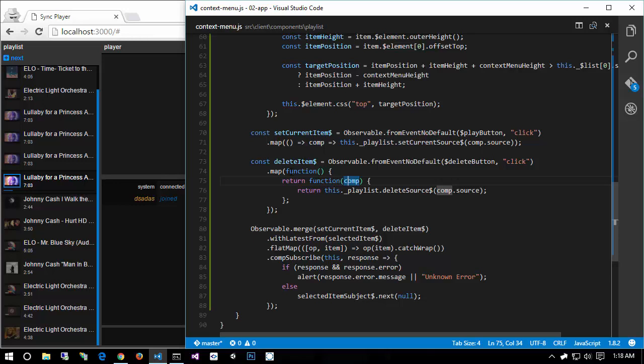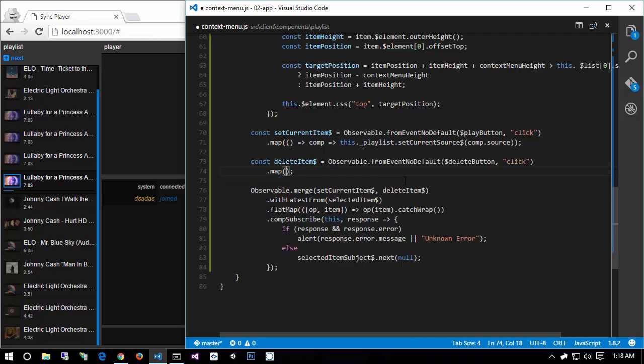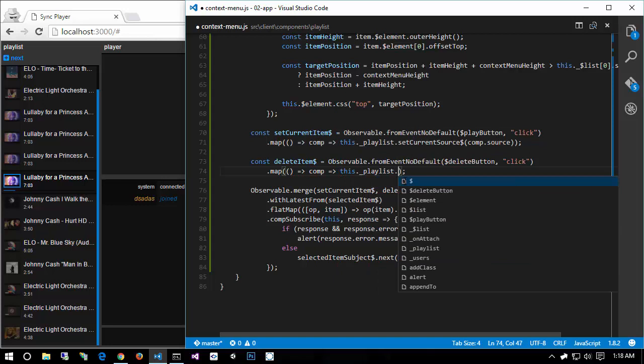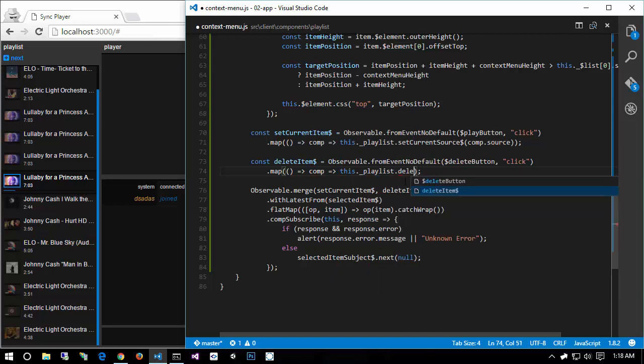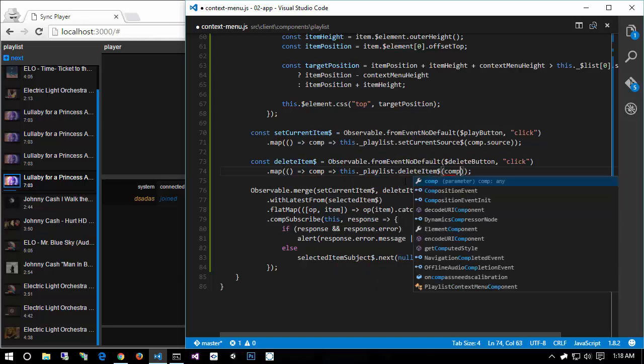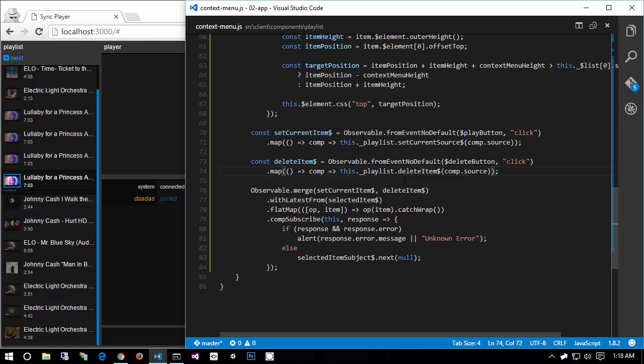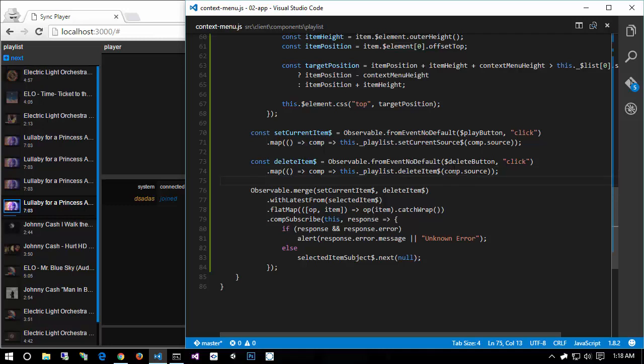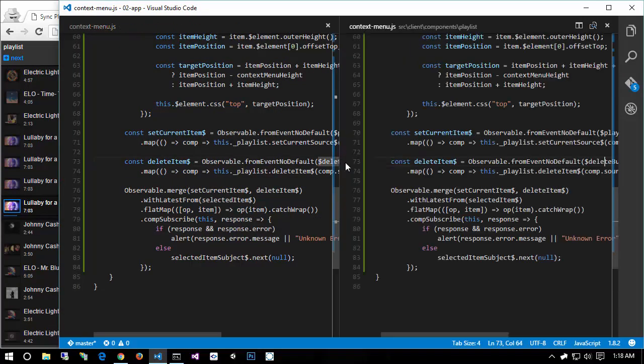Anyway, let me go ahead and clean up this code a little bit. I do vastly prefer to use the arrow syntax for this. So empty goes into comp, goes into this playlist, delete item, comp.source. Okay, let's go ahead and do our comp.sources. So that's going to be inside of our